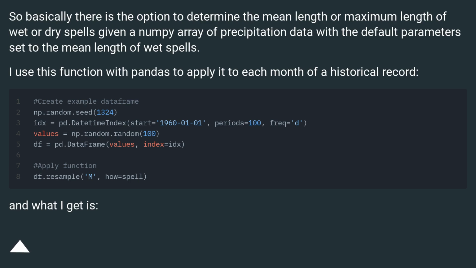I use this function with pandas to apply it to each month of a historical record. And what I get is